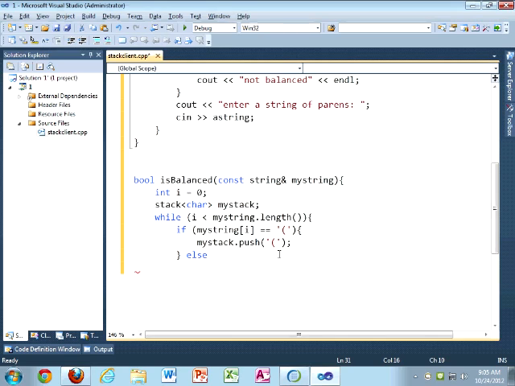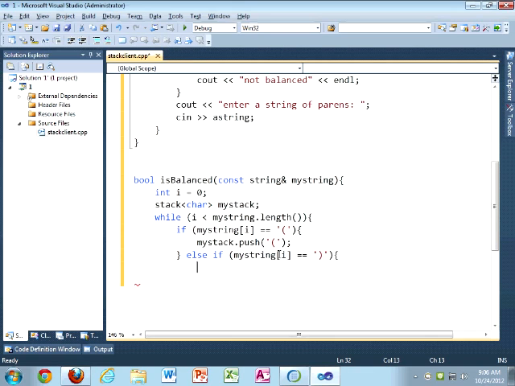What do we do if we see something that's not an open paren and not a closed paren? I guess I would say let's just ignore it. Okay, so I'm going to say else if my string sub i equals closed paren,